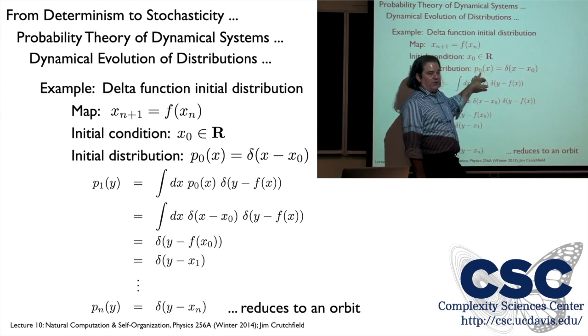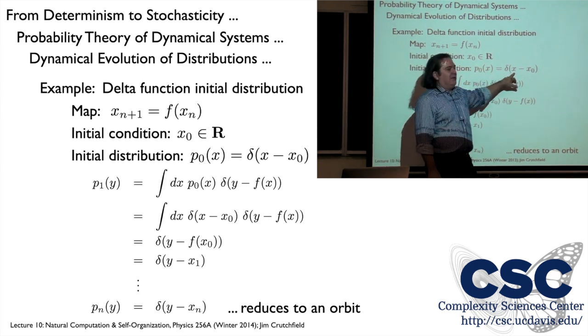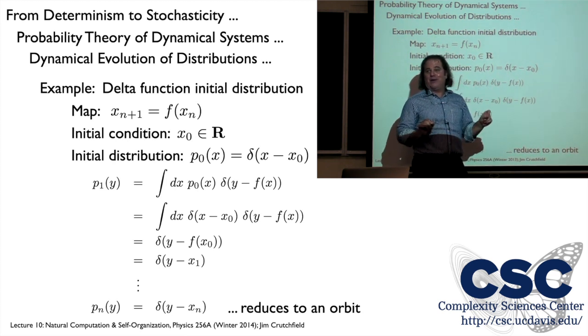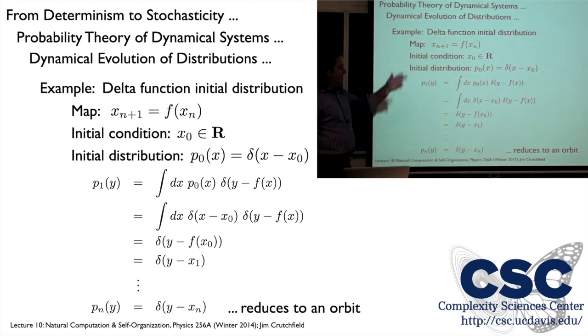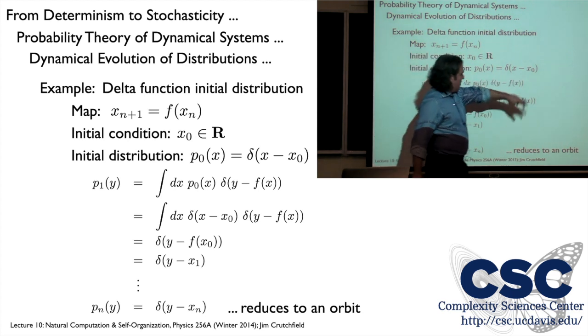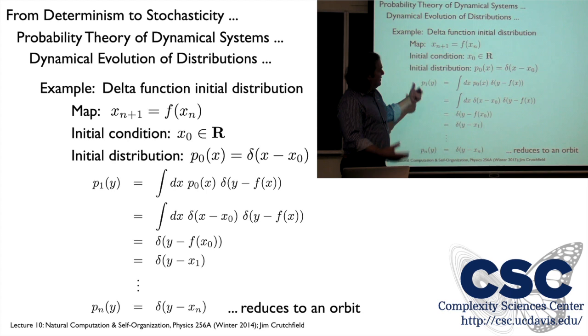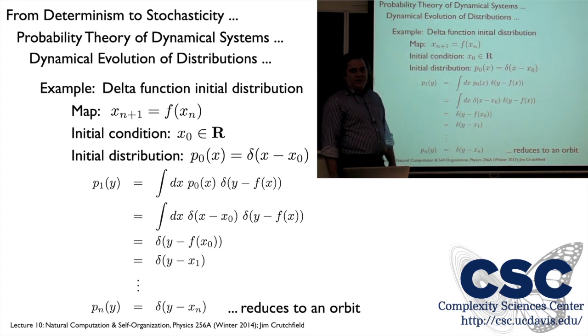My initial distribution is going to be: the system is at x0. And I represent that distribution as a delta function. Boom, just at one point, which is what we've been doing or assuming. So this is more complicated than it needs to be because we already understood that. If we're at x0, we're going to go to x1, x2. We just apply f to that, or t, f in this case. But let's try iterating it forward using this operator, this Frobenius-Perron equation.